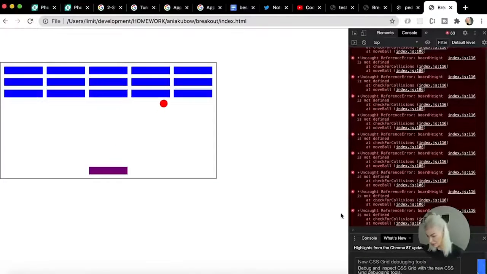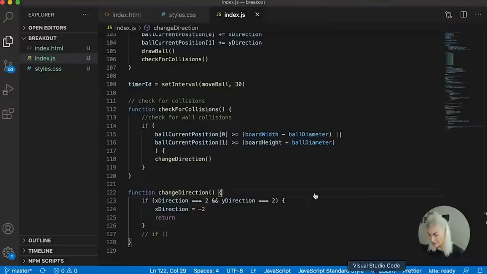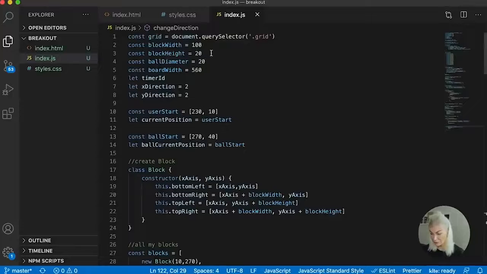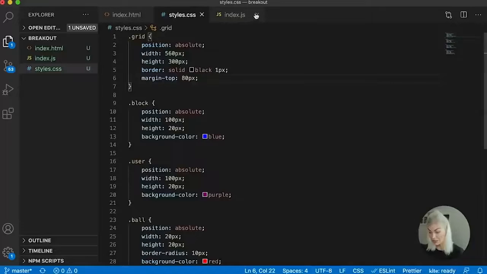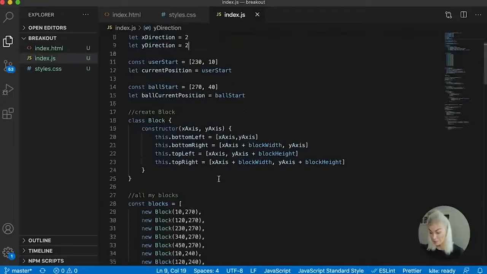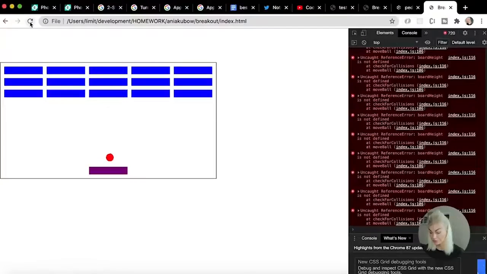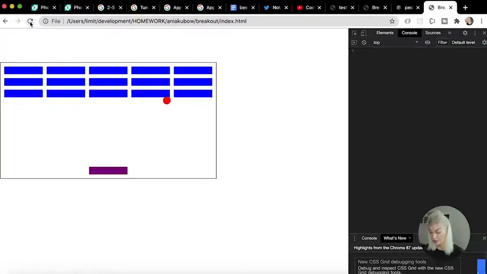Oops, undefined. Board height is not defined. Did I not define that? I guess not. Const board height equals 300. We know that from our style sheet. Okay. So now,